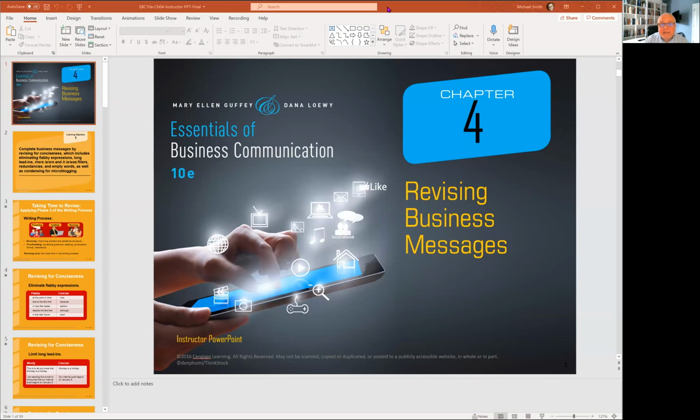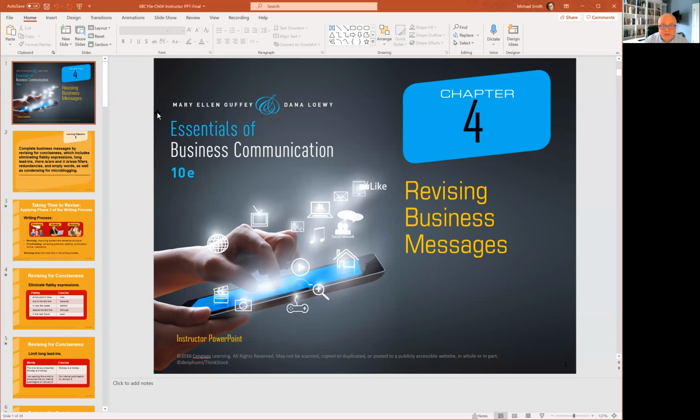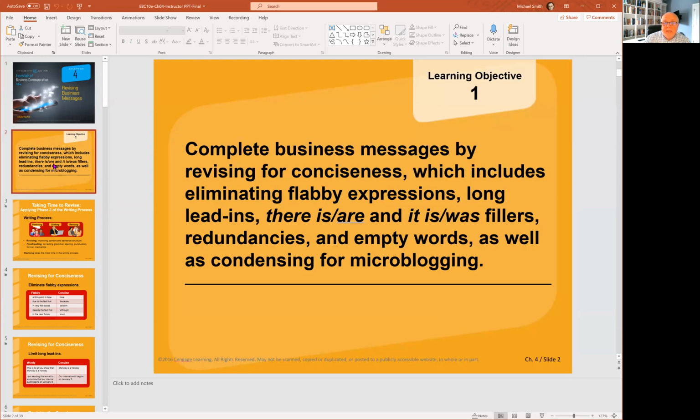So having said that, we will go to our chapter 4 outlook today and talk about how to revise business messaging that needs some revision. Always check, double check. As we saw in one of the slides, 50% of our labors ought to be in revising, rewriting, clarifying, checking for errors, and that's always interesting and very important.